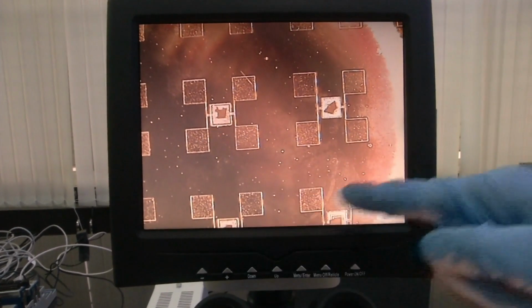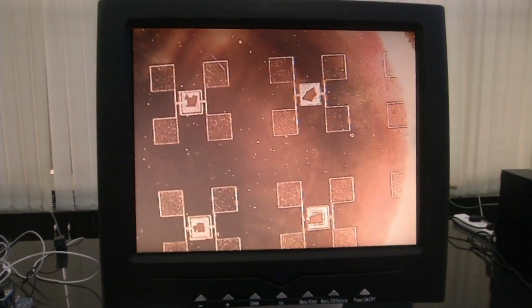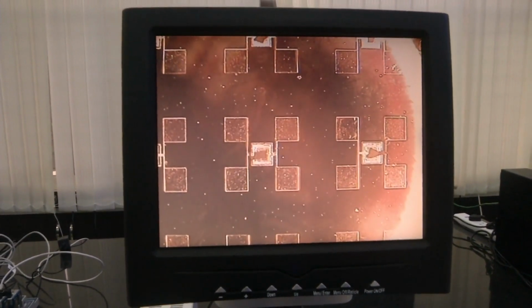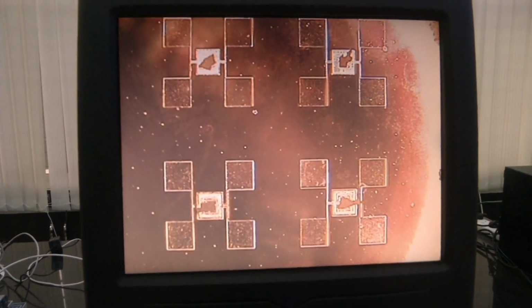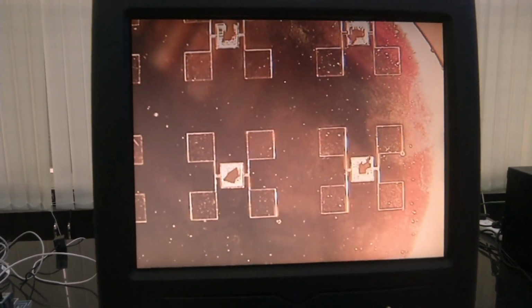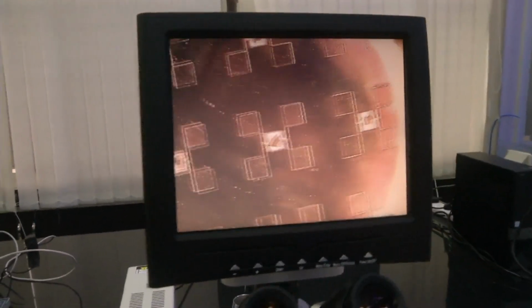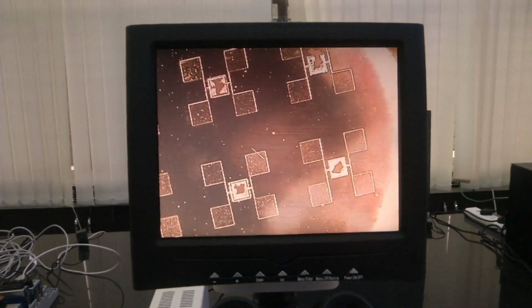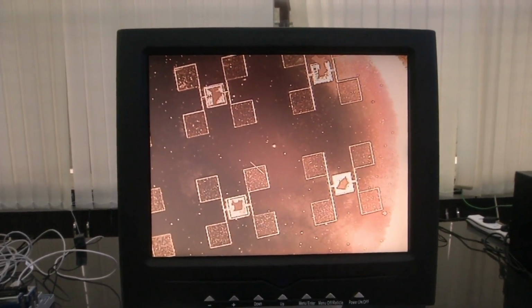So, now you can see the matrix of sensors. You can just move the sensor around with your tweezer, and then you can see other sensors that are there. Hope you are all able to see this. This is a sensor which we have already used for testing. So, it has a slight amount of rough places because it has already been used. We wanted to show you a used sensor. These parts are where the sensing material has reacted with the gas.